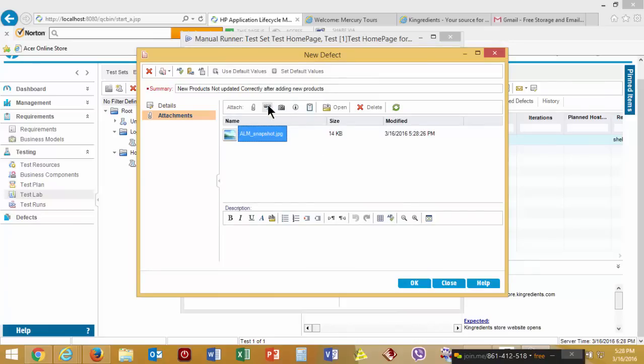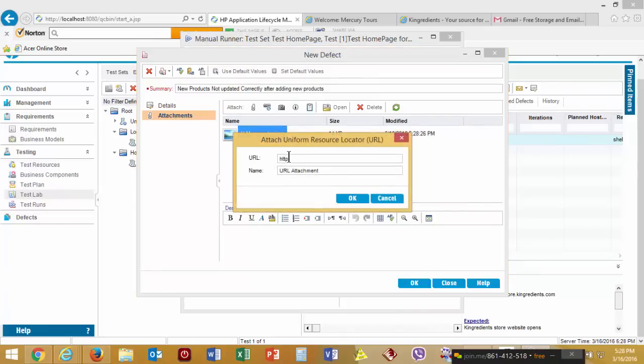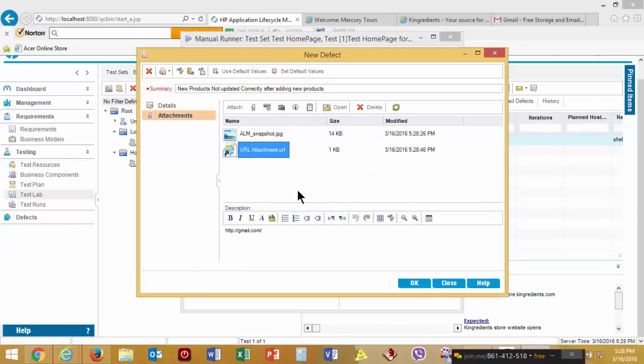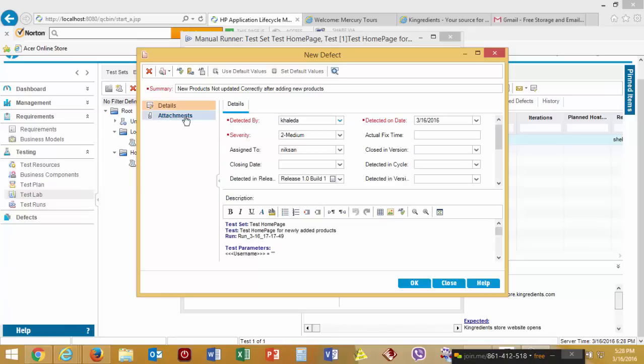You could also attach the URL. So let's say the problem was with the Gmail URL. So make sure everything which is relevant to the defect, whatever the error and everything, is attached to the defect. Okay, so I've basically put the details, I've added the attachments, I have these descriptions from the test case automatically